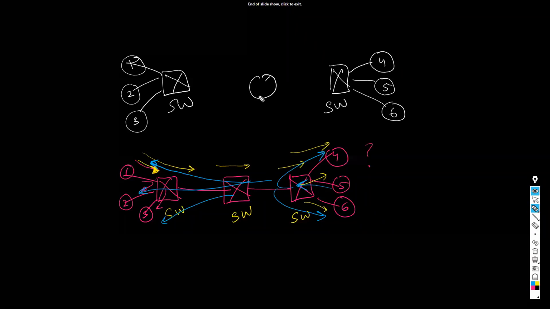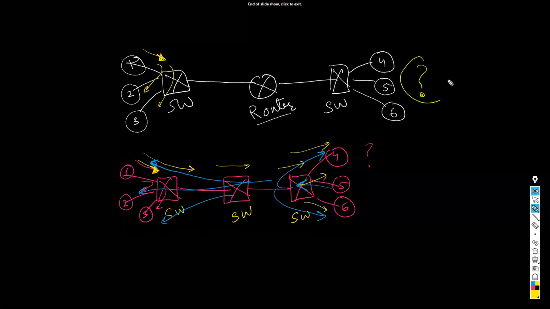But in the middle, there is a router. Instead of a switch, now we have a router. That's the only difference between these two scenarios. So in this case, if computer number 1 sends a message, of course 2 is going to receive, 3 is going to receive. But will 4, 5, 6 receive the message now or not? Will they receive the message or they will not?